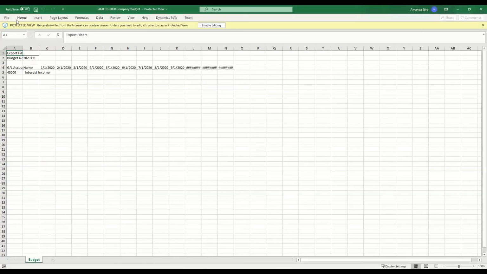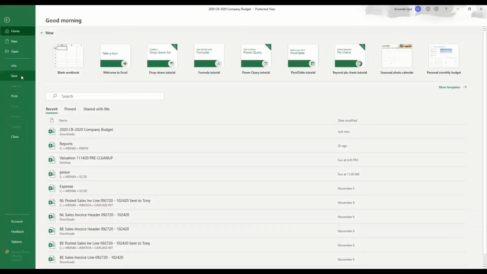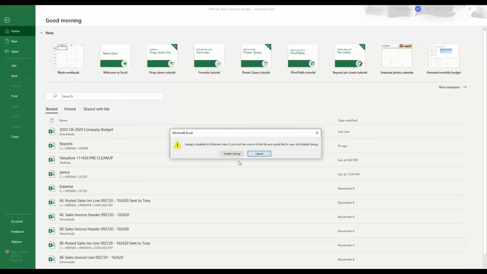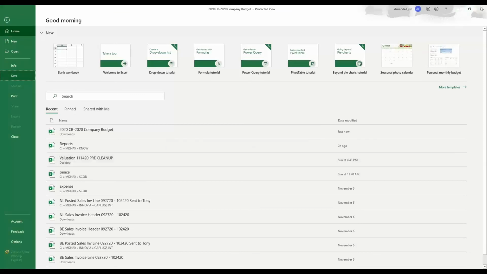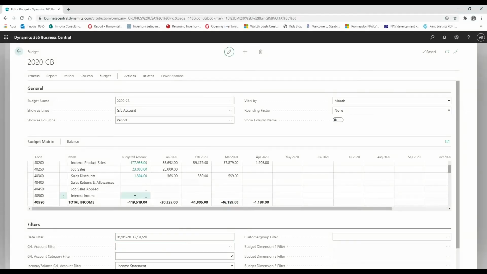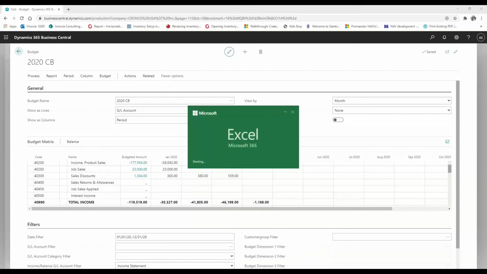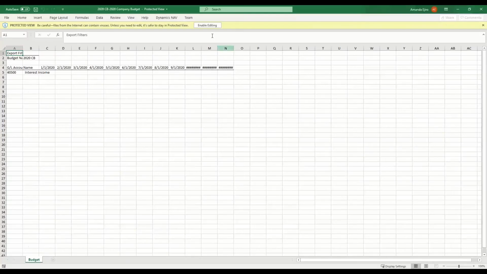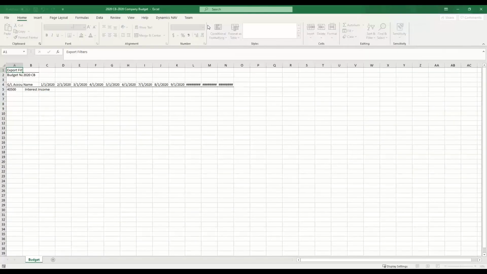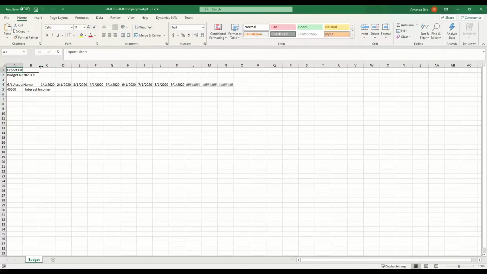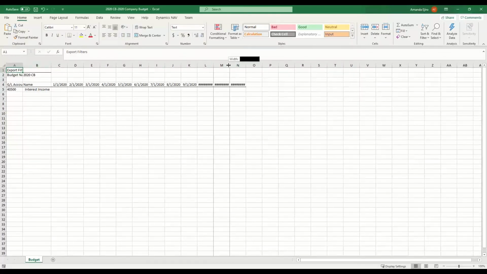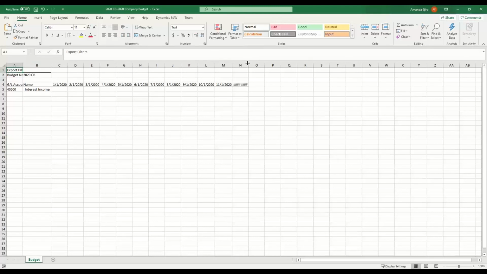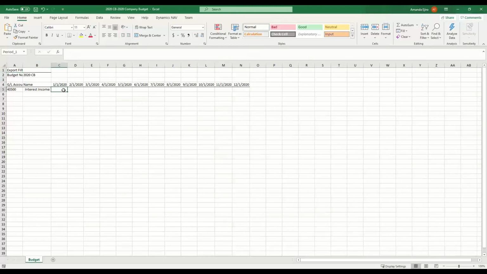So first thing I want to do is save it. I just want to be sure. Okay, sorry, I need to enable editing. Okay, I have to go back and pull it back. I just want to make sure that if it works here, then it should work on your system. Okay, so I have 12 periods already. Like you said, it did come out in 12 periods, but when you put your figures